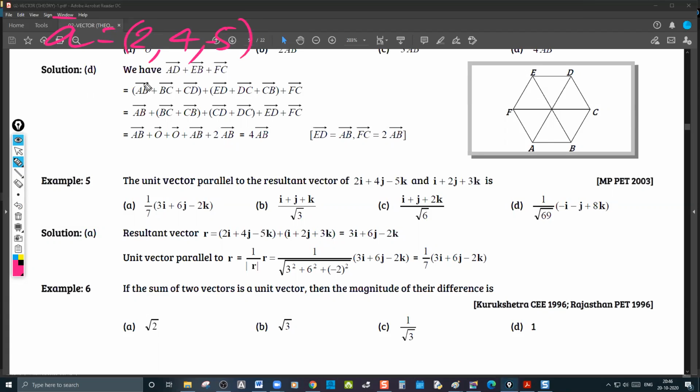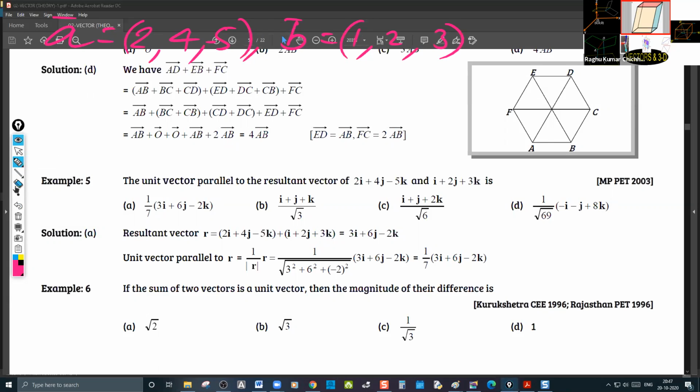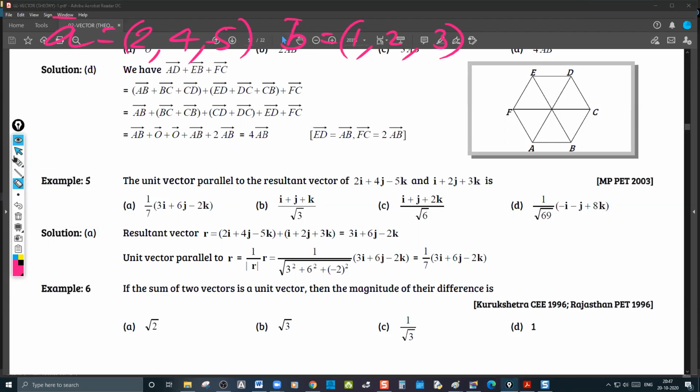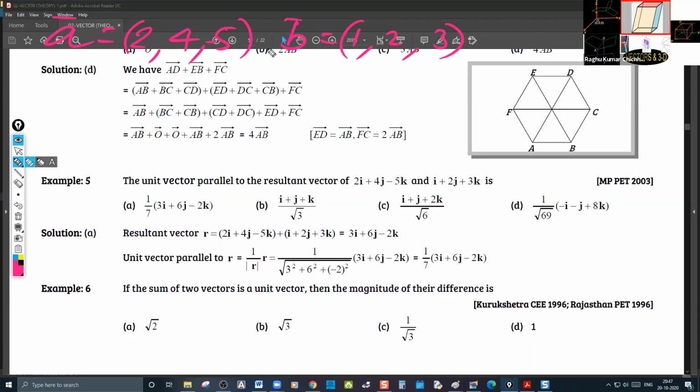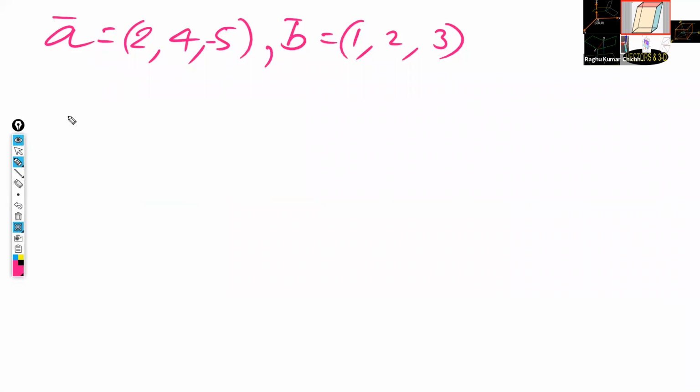B bar is 1, 2, 3. Correct. What do we need? Resultant unit vector, sir. Let us see that. Resultant unit vector